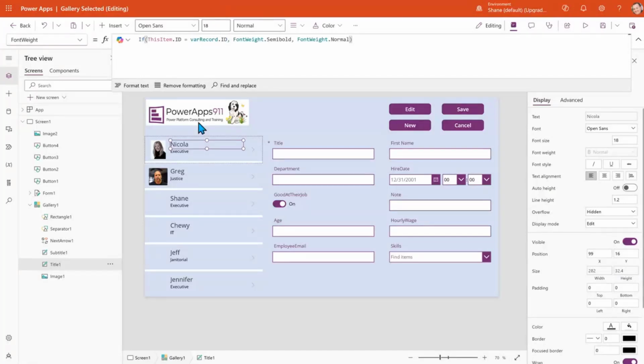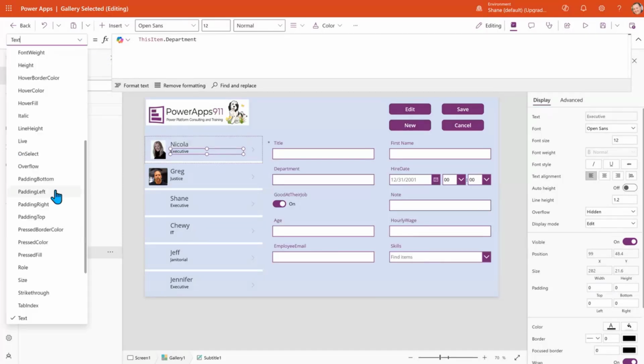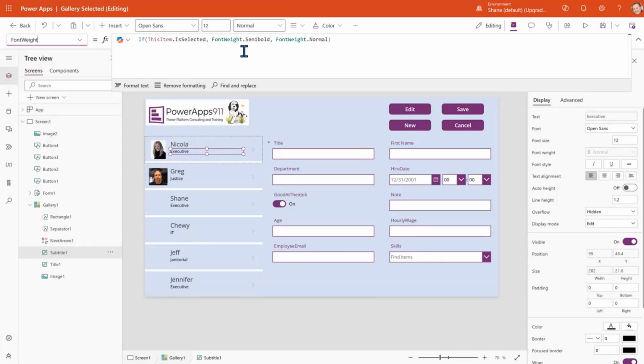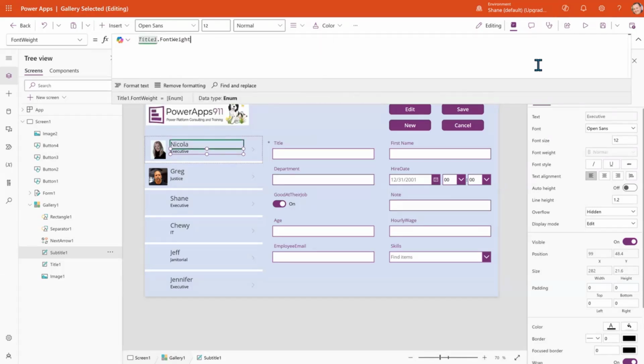So speaking of that, we know that we have the same problem with executive. Now, we could just go here and make that same exact change. Honestly, though, if I'm bothering to change this, what I would prefer you do is say, okay, well, I know that I want it basically to do whatever Title I does. So we know Title I's font weight is right. So what if we go to this one and we just say, hey, your font weight is Title I font weight. So then now, whatever changes we make to Title I's font weight is just going to perpetuate itself